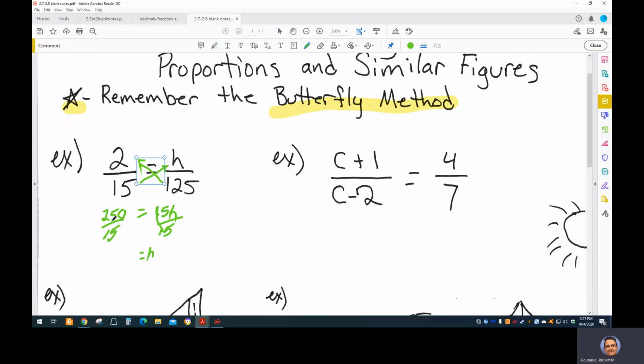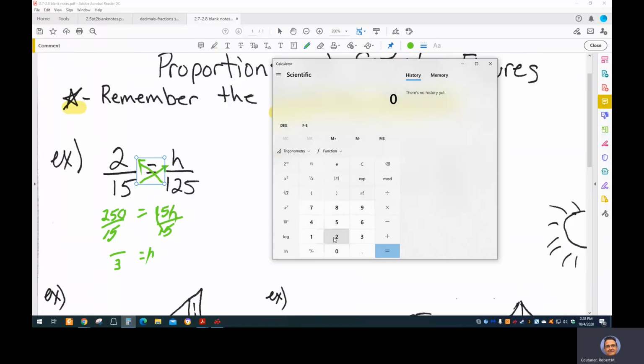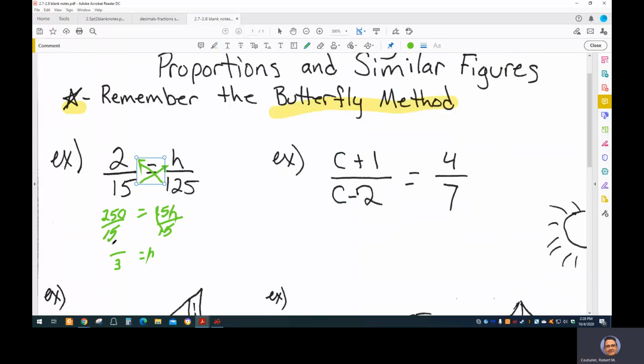Well, this is going to have to reduce somehow. Okay, so I can see that, look, it ends in a 0, ends in a 5, so they should both contain a 5, right? So 5 goes into 15 3 times. And then you had the harder part there, 250. So 250 divided by 5 gives us 50. Great. So this is the reduced fraction,